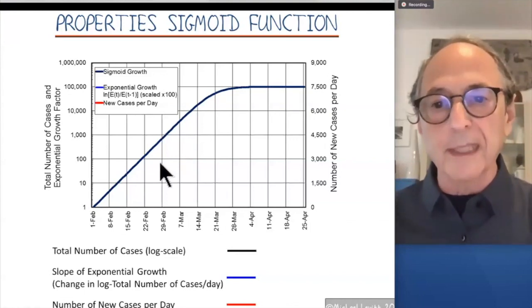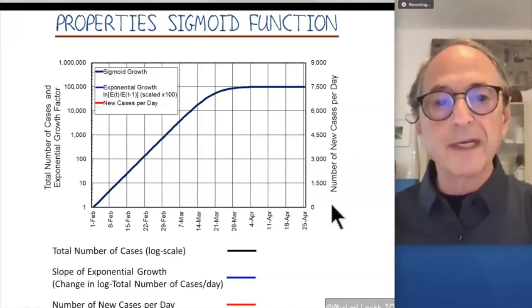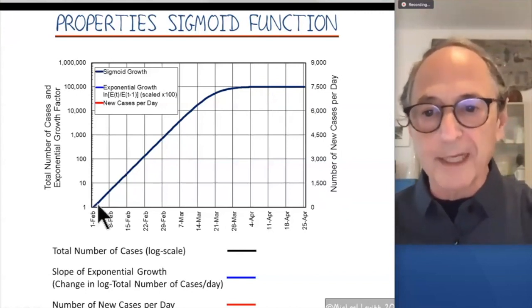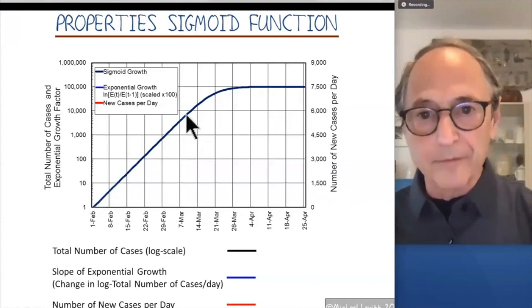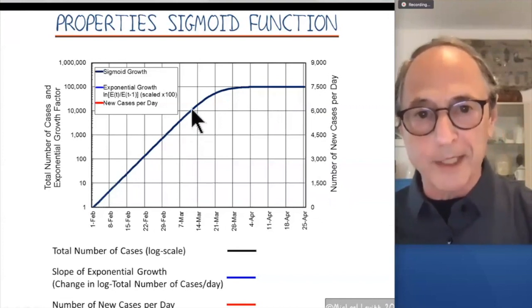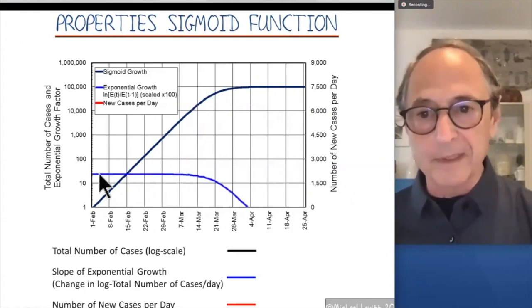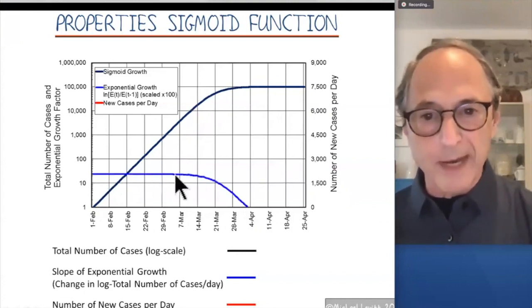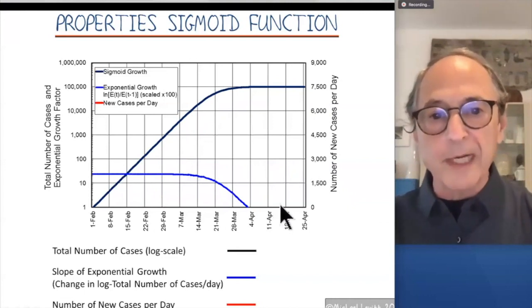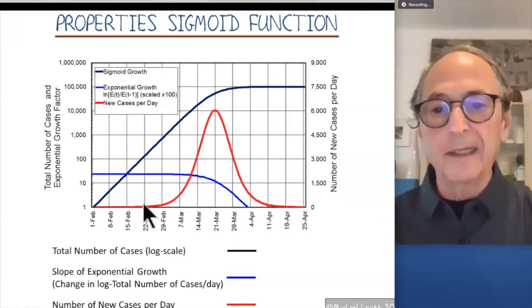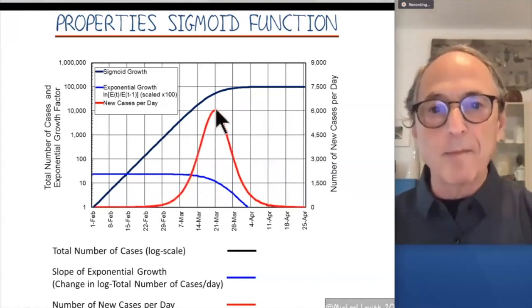We have the total number of cases. We also have the slope. And as you will guess by now, the slope is fixed for the exponential part, or the gradient is fixed, it then slows down and goes to 0. As we see this happens, now it's happening in a very nice, smooth mathematical way. And then finally, the number of cases is shown here, and this just increases, gets to a maximum, and comes